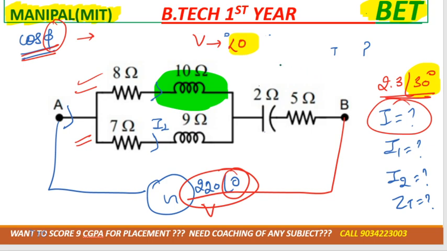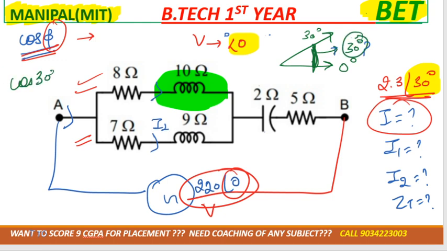Like they said 0 degree, the voltage angle is 0 degree, so 0 degree is on the x-axis and the current angle is 30 degree, so 30 degree is like this. So what is the angle between voltage and current? 30 degree, so that is phi. So in this case power factor is cos 30. So it's simple, most of the students got confused about how to find the power factor and everything. So you don't need to do anything, just you have to see what is the angle between voltage and current. Okay,